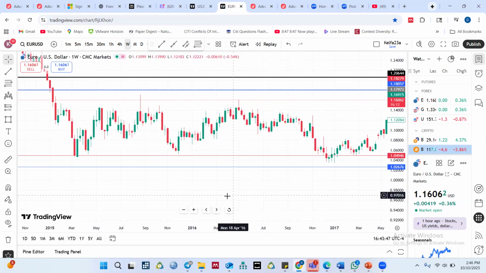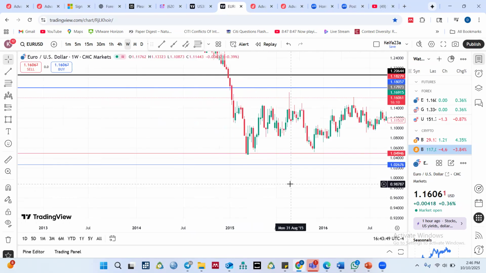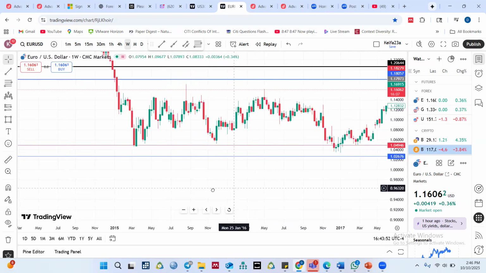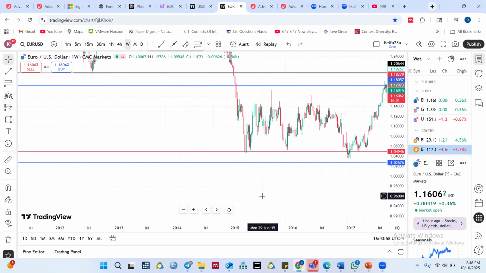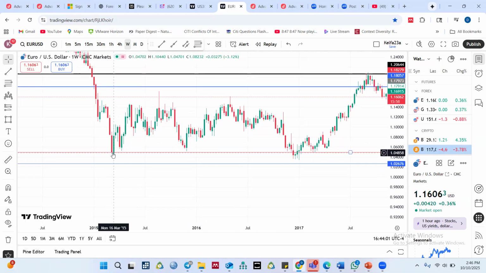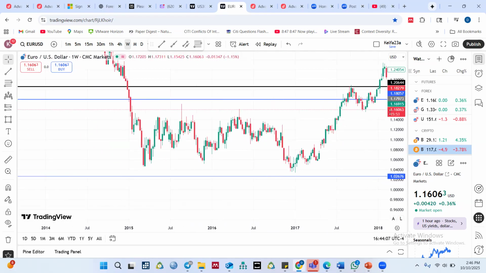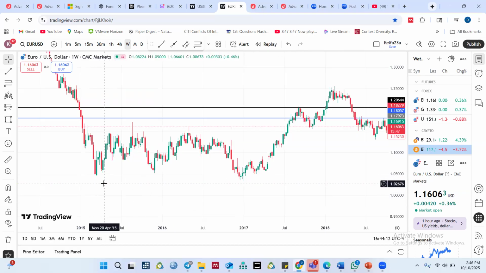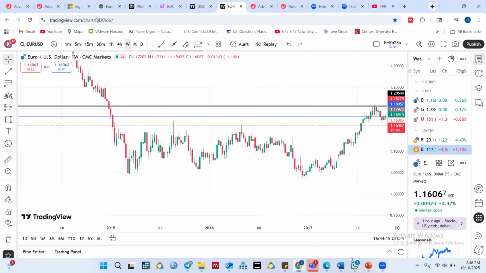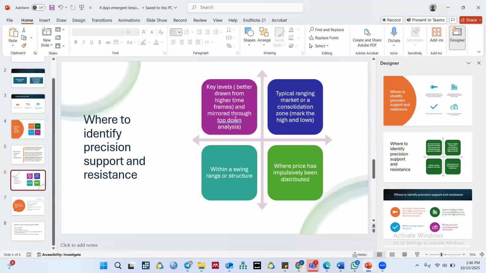Good. So what is the requirement? I said that, can you all see that I have this red line drawn here? Let me even take it off. But let's just look at this chart on the weekly time frame on Euro USD here. And let's look at the point. So one, we are saying that key levels, it's better from a higher time frame. So now we are on